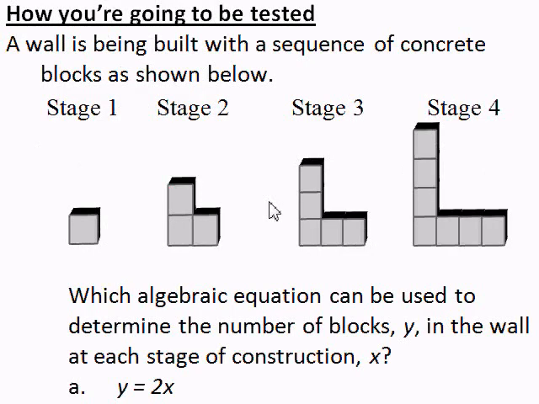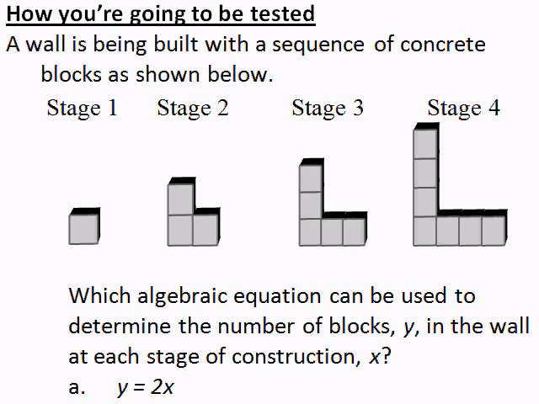So we're going to be tested with a problem that looks a little bit like this. A wall is being built with a sequence of concrete blocks as shown. Stage 1, there's 1 block. Stage 2, there are 3 blocks. Stage 3, there are 1, 2, 3, 4, 5 blocks. Stage 4, there are more. Which algebraic expression below can be used to determine the number of blocks y in the wall at each